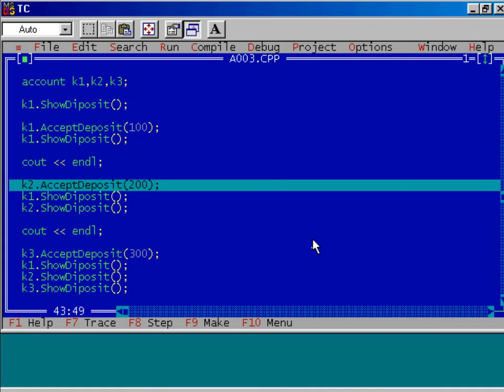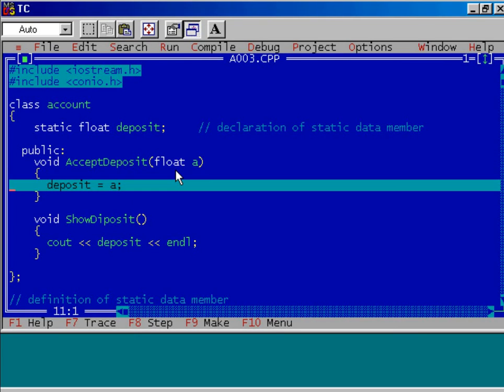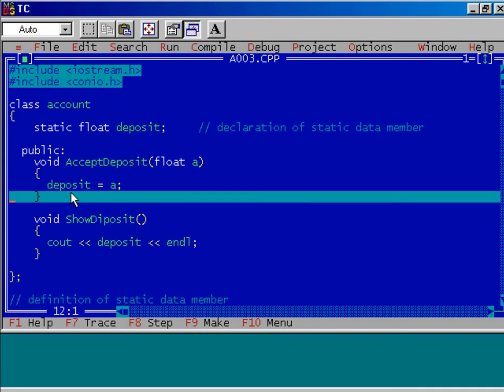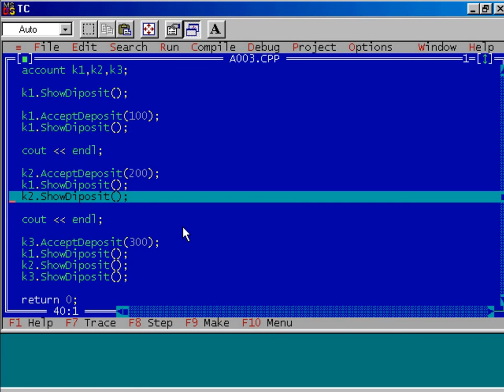One more interesting thing will happen. Let us execute the next part of the program. Press the F7 key. Which value have we passed? 200. It will assign to the data member deposit. Execute it, and now I'm calling the show deposit function from the object K1. Press F8 to directly execute it.